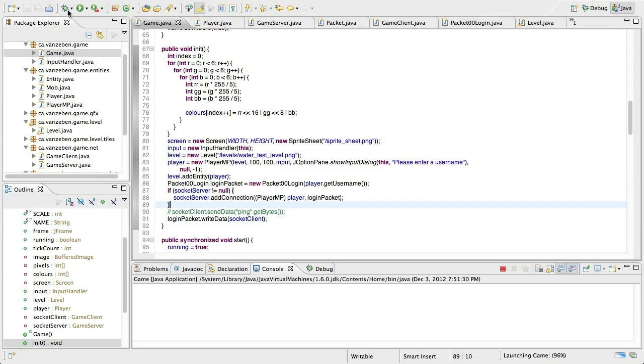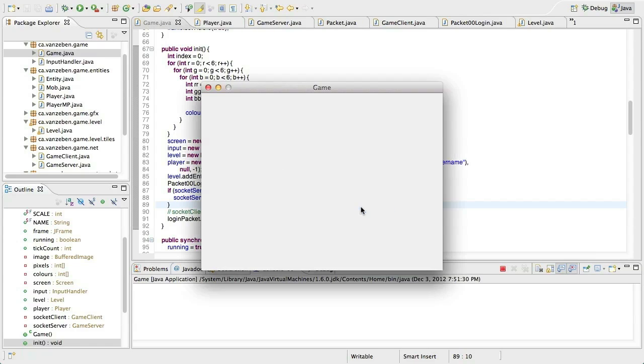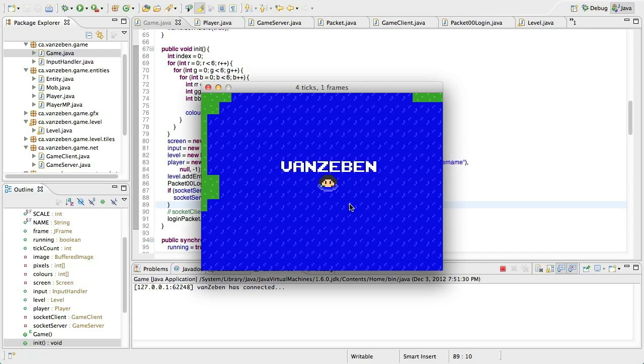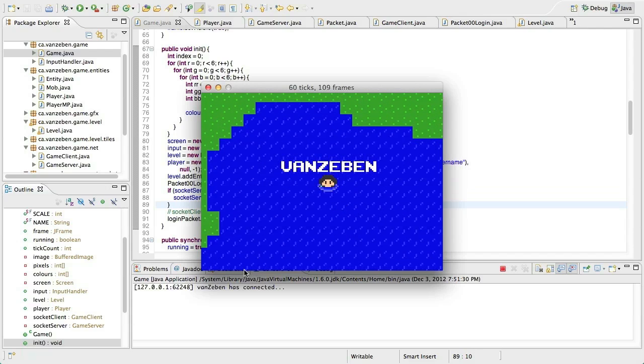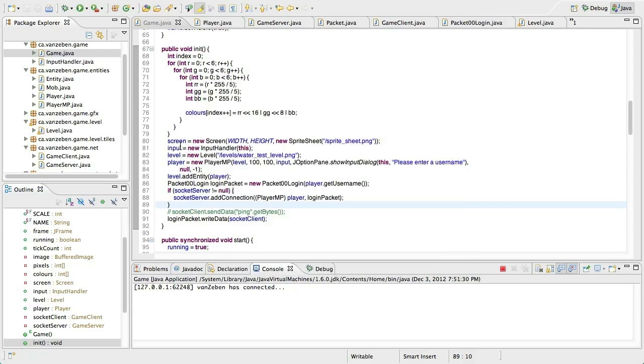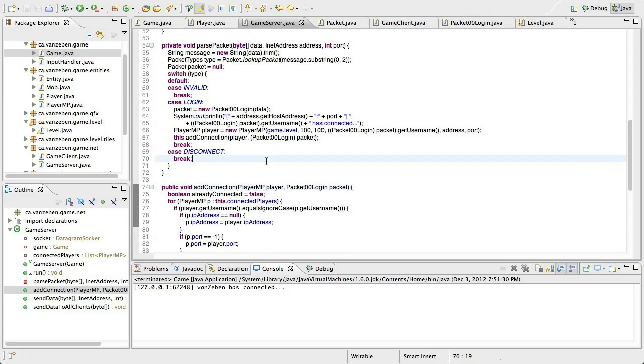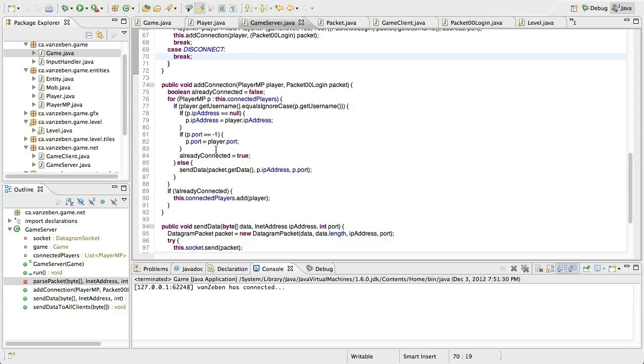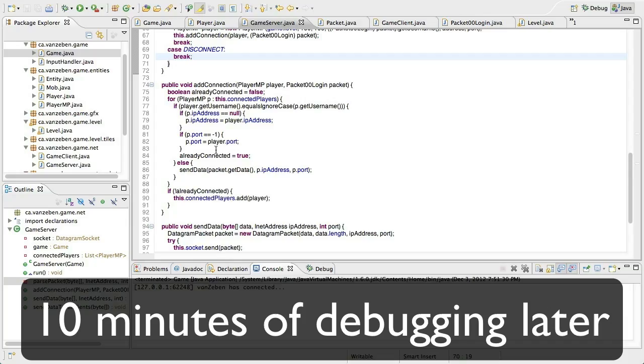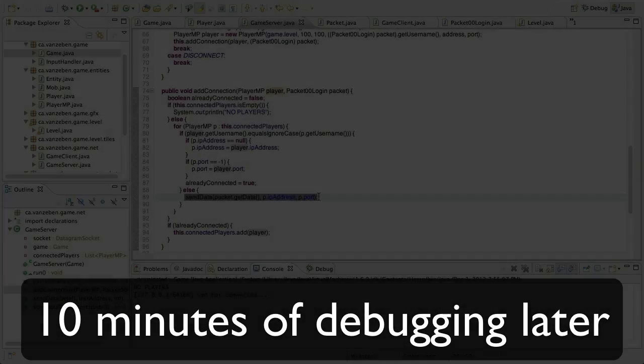Hopefully it works. We may need to run through things and debug things a little bit, but that's fine. And our name is Van Zeeben. So Van Zeeben's connected. It didn't say Van Zeeben's joined the game, so we do need to check something out here. Add connection, login packet. Okay. Where is it? Game server. Add connection, send data. So if player.get username